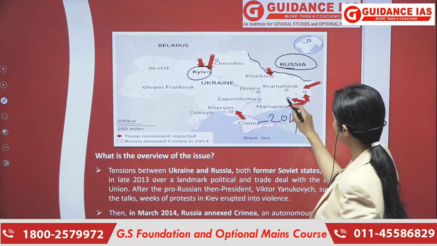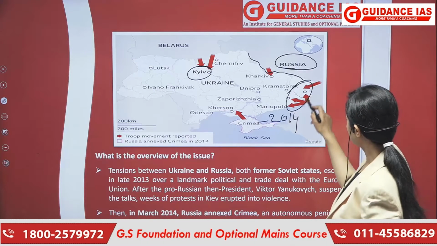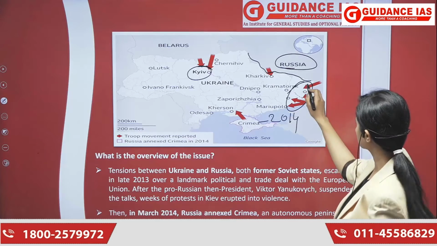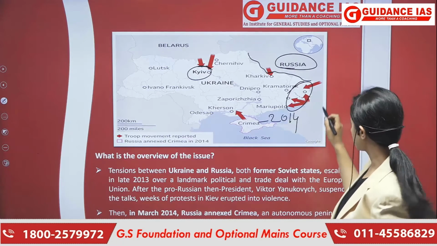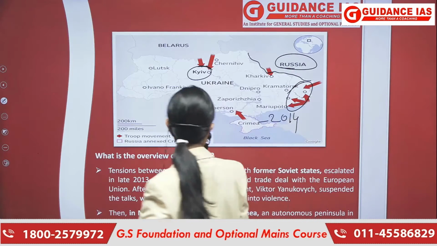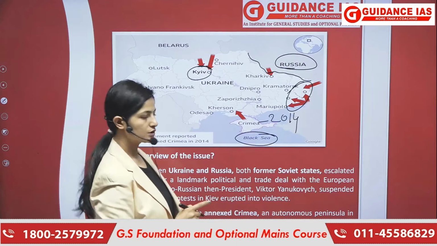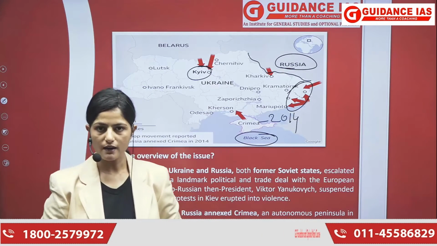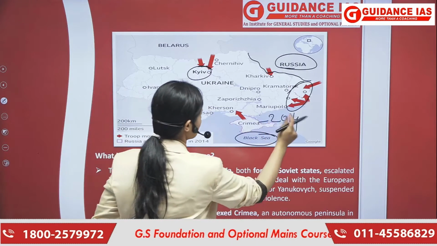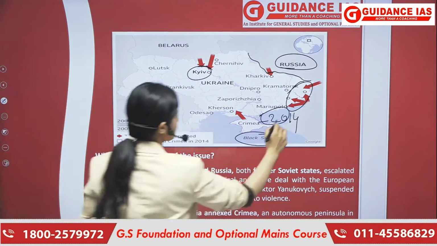These are the separatist places जहाँ पर जो independent states मान लिए गए हैं अभी रशिया के द्वारा, and those states are Donetsk and Luhansk. We will see in the further slides where those two areas are. This is the Black Sea, a very important area, both strategically and military wise. This sea is the Sea of Azov.